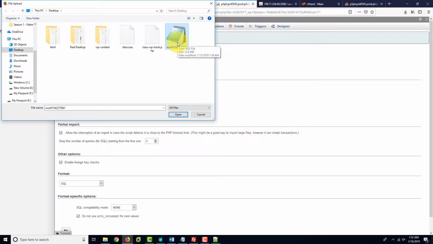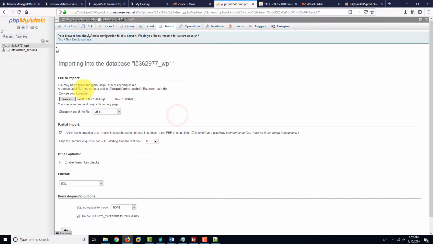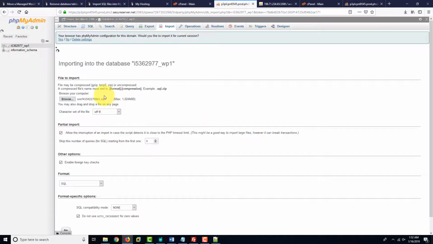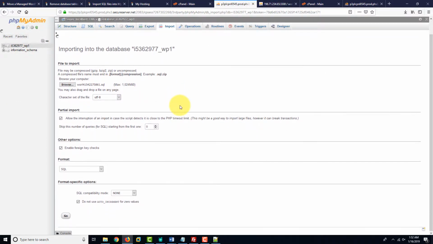In this case, I had downloaded the SQL file or the database to my desktop, so that's where it is. Odds are it's probably in your downloads folder, but I'll let you figure out wherever you've downloaded it. Either way, once you have it selected, you're going to click on open, and it should show as a .sql file when you hover over it there. All these other ones you can go ahead and leave standard, and we're going to click on go to start